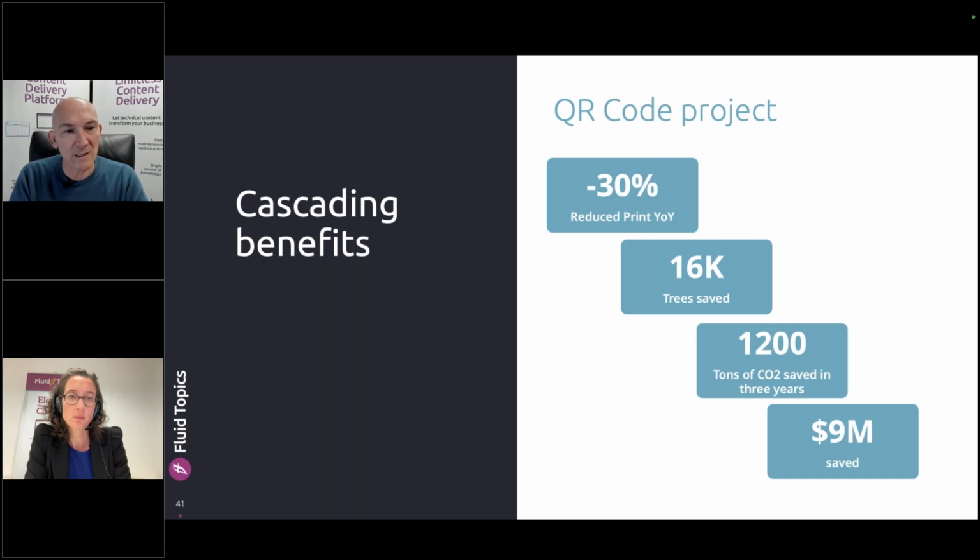They have reduced their printing cost by 30% year on year over time. And they have saved last year, just last year, that was 2024, 9 million on direct printing costs. And it's increasing every year. So you see the ROI of the system is more than 10 times, or even 100 times, just on one side effect.